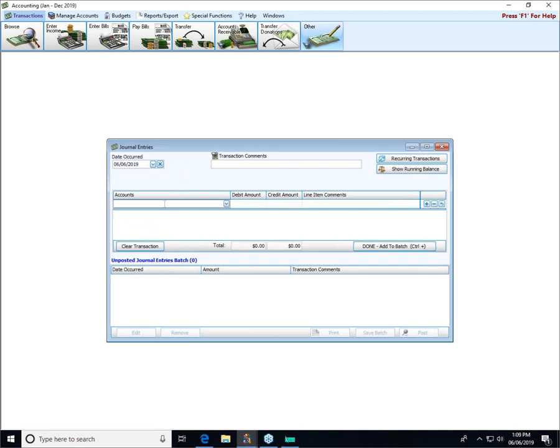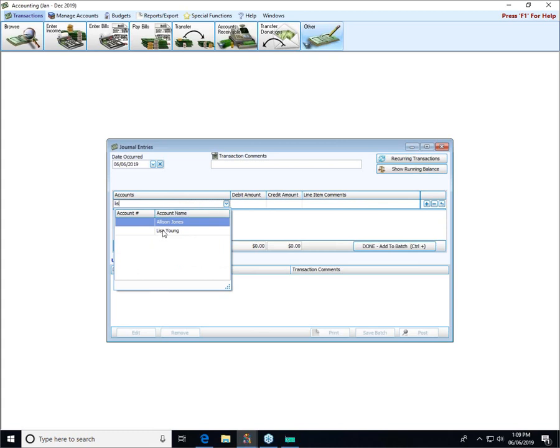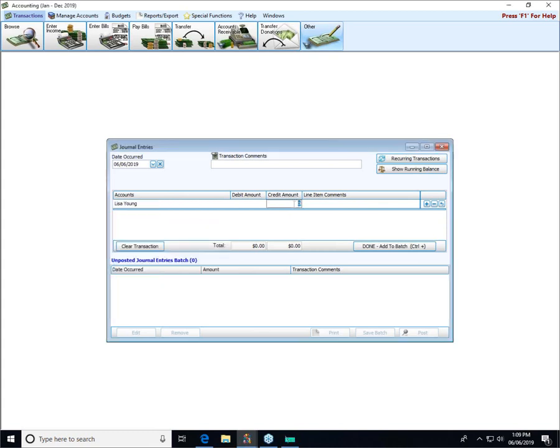My accounts, here I'm going to type in my first account. I'm going to put in Lisa Young. I'm going to put in the credit amount as the $516, the net amount of her check, okay? I can put in either line item or transaction comments, adjustment for lost check, payroll check number 12394 for Lisa Young, reissuing. I can enter as many detailed comments as I want,